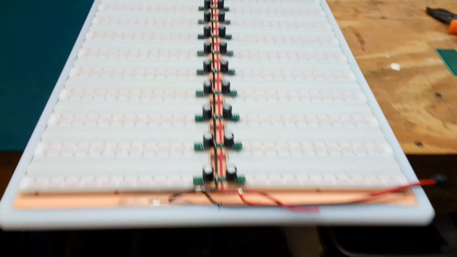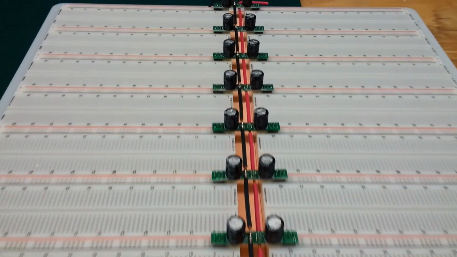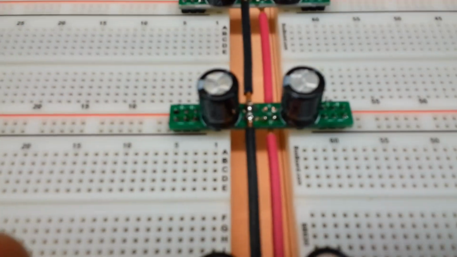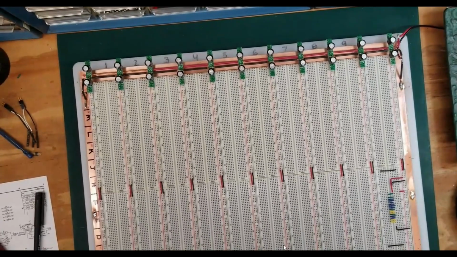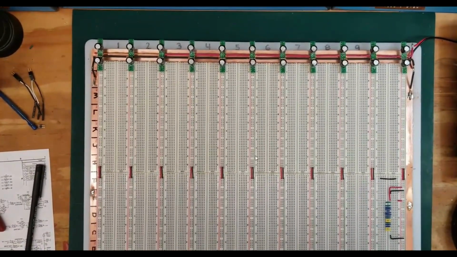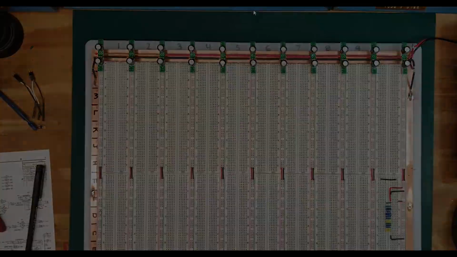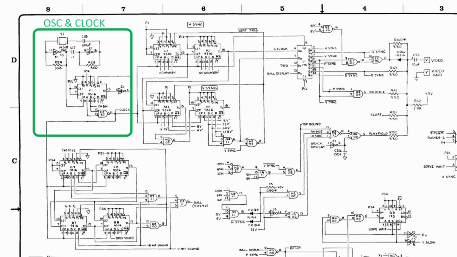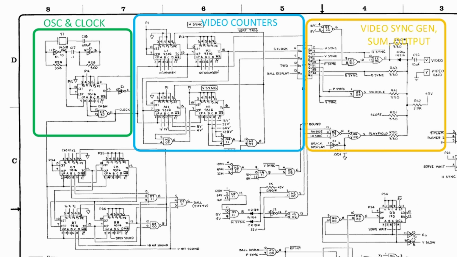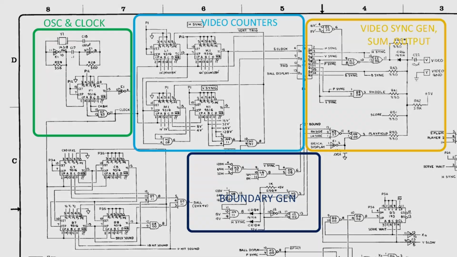In the last video we put together a massive breadboard which we'll start using today. I tried it out and those center power rails just get in the way, so I moved them to the edge. In this video we'll breadboard enough stuff to get at least something on the screen. At minimum we'll need the oscillator and clock divider, the video counters, and the video output section. After that we'll put up something simple like the borders.